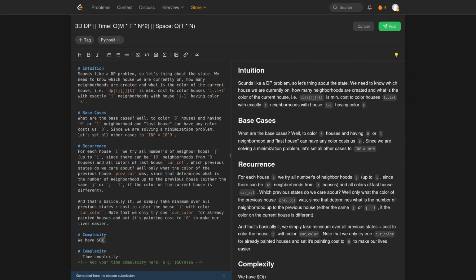We have O(m * T * n squared) states where T is target. For each we check O(n) previous states, or other previous states. So our time